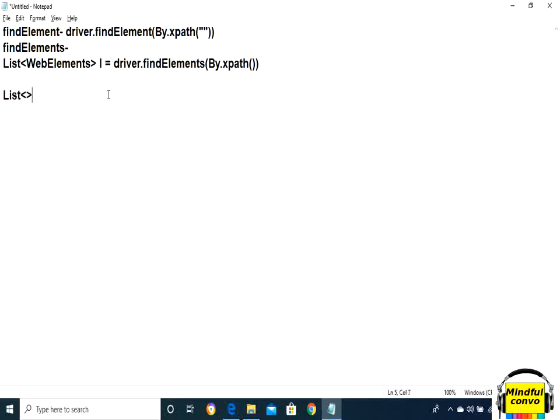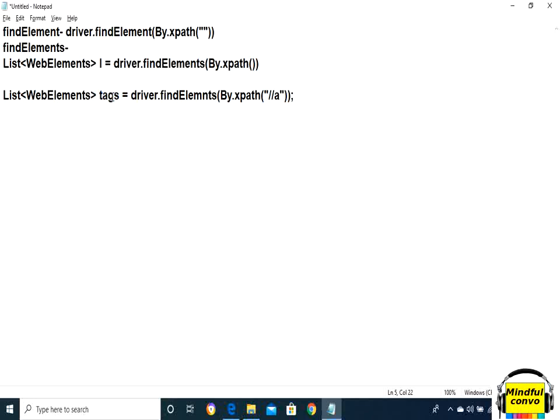So what we need to write is List of WebElements, let's say tags, equals driver.findElements(By.xpath("a")). Now this will find all the a tags into tags.